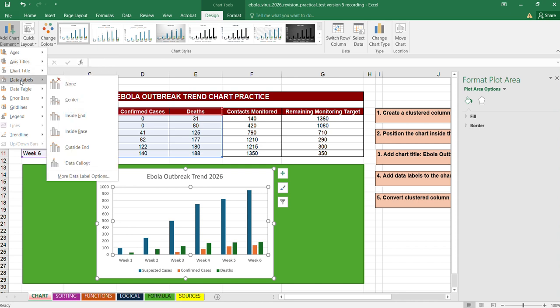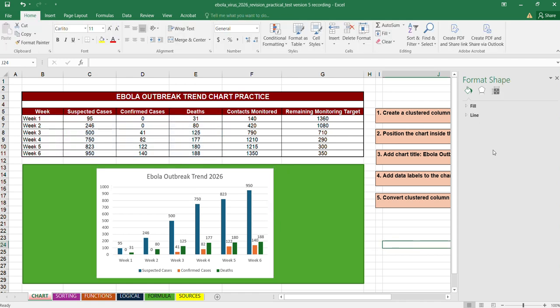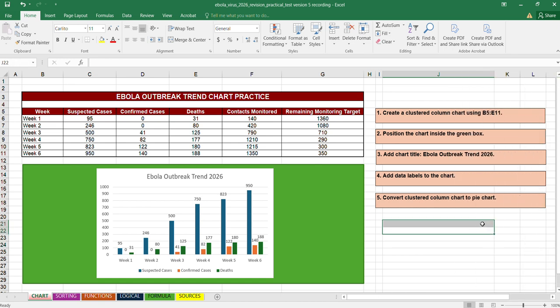So this is the data labels, and then inside the data labels, we're going to select the outside end so that we can see easily the value, okay, of the data labels. So click this, and then these are the values of data labels. And then after that, you click here outside. You can close this,